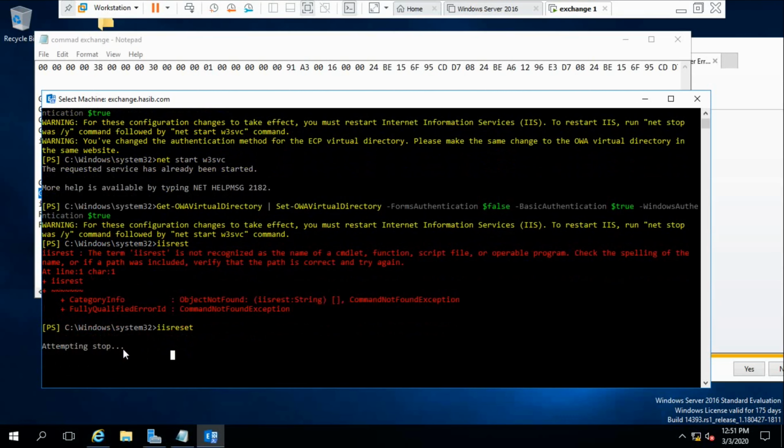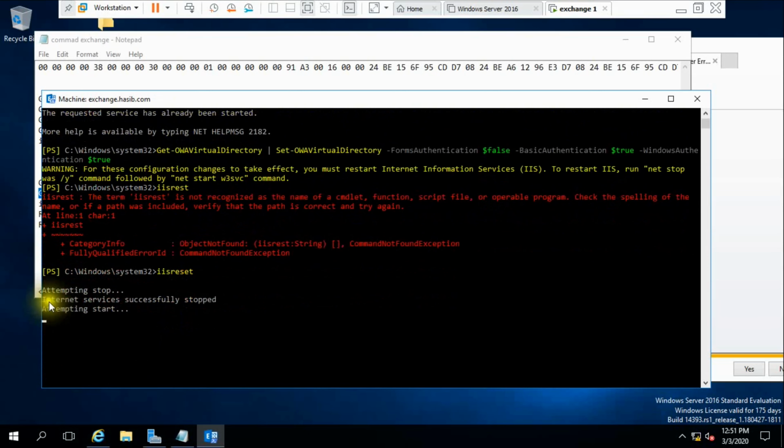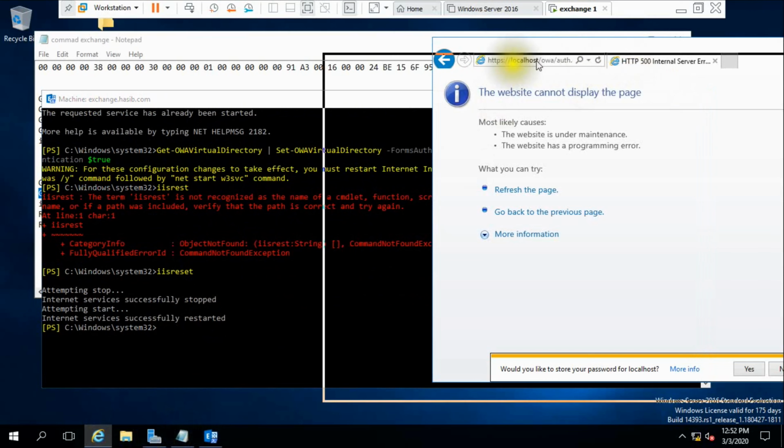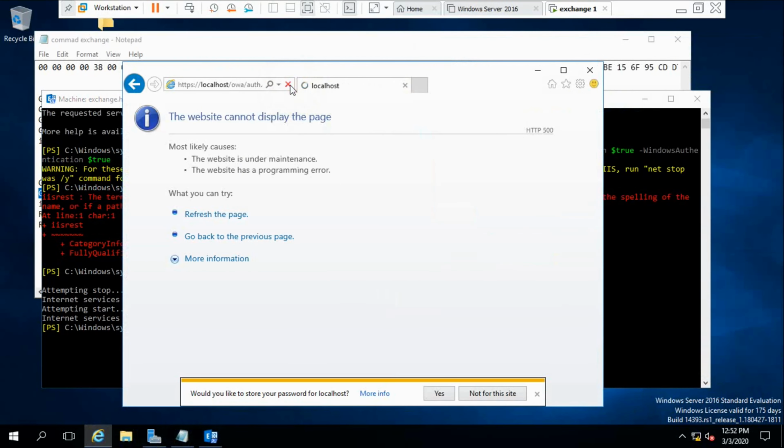The process is going on. Internet services successfully stopped and internet services successfully restarted. The process is done. Let's see if I can log in to Exchange Admin Center.